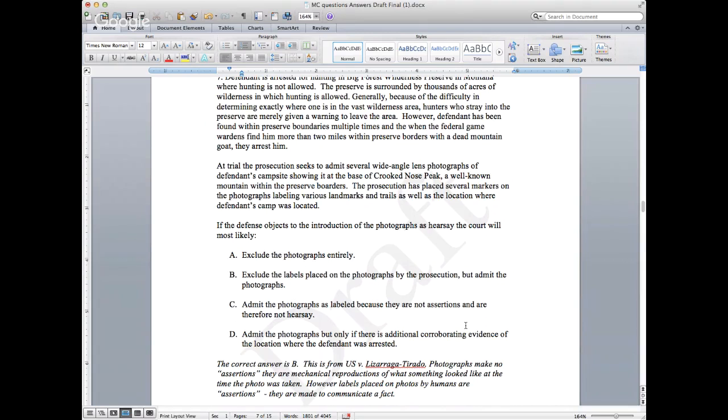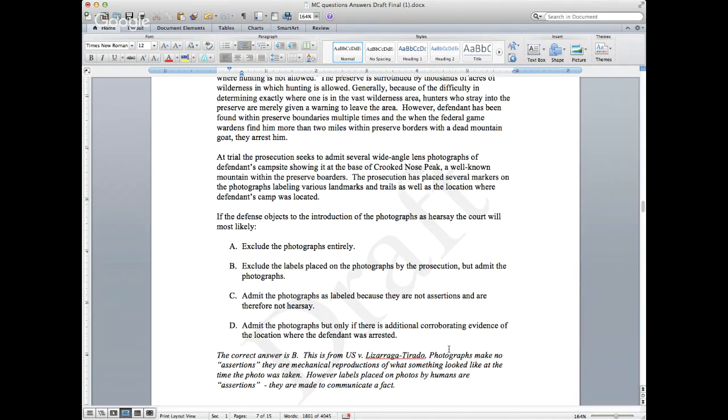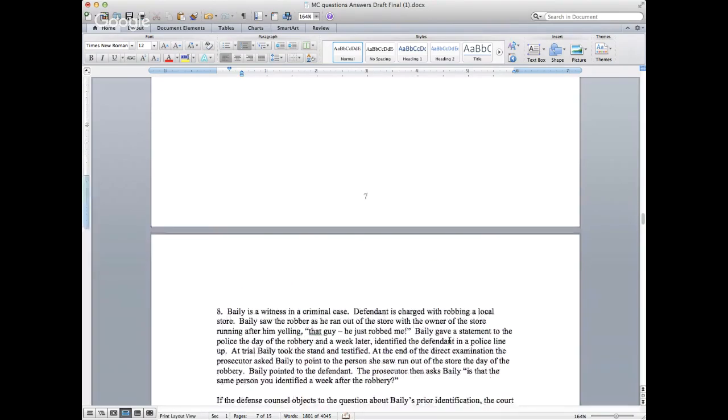Does that help? So let's say the call of the question said that after the individual labeled the photographs, those labels were verified by the National Geological Society or something like that, where the statements made in the form of labels on the photographs were verified by some third party as being accurate. Would that change the situation? No, because those labels would still be out-of-court statements offered for the truth of the matter asserted, the statement being they're trying to communicate a fact. So even if they were verified, they would still be hearsay.